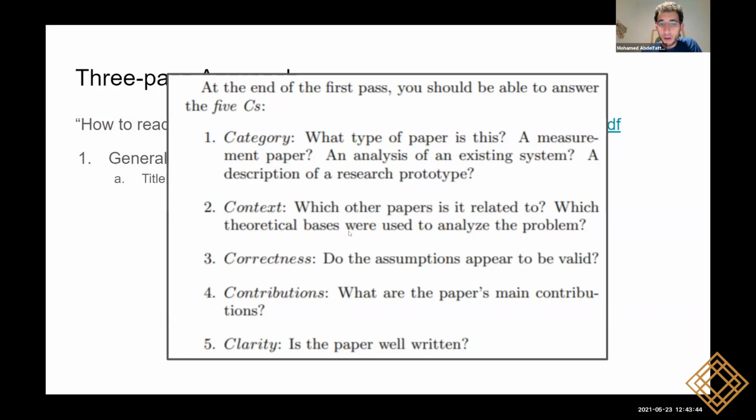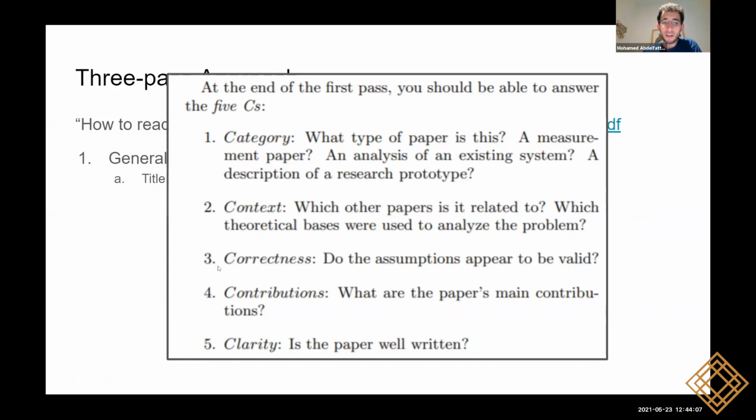And the second thing is the context. So what other papers is it related to? That often comes when you skim either the section headers or the references. Are there any theoretical bases used to analyze the problem? The third thing is correctness, and you can't really judge this to a full extent just in stage one,